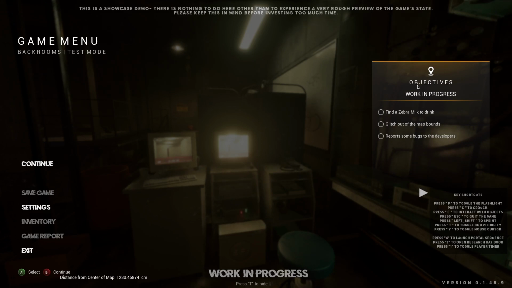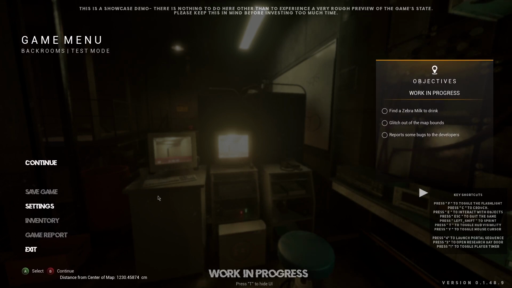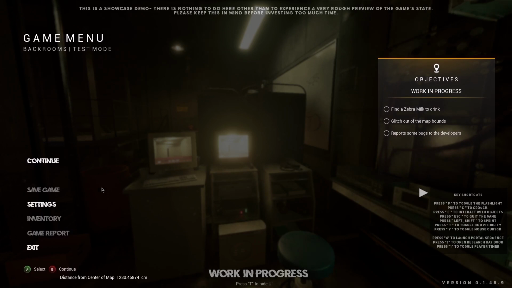Glitch out of the map. No clip. Time to no clip. Report some bugs to the developers. Okay, bug. We're gonna focus on bugs. A for select. Interesting. So this kind of looks like it would be...